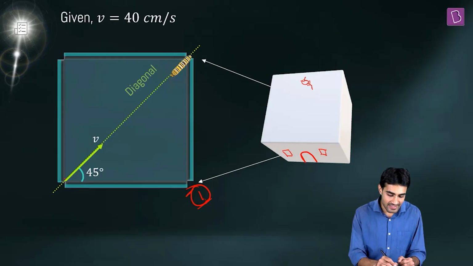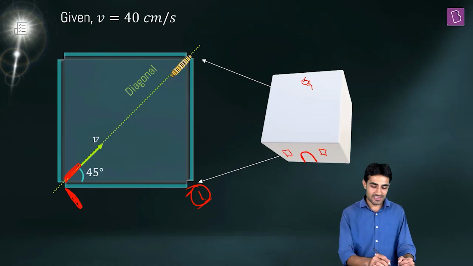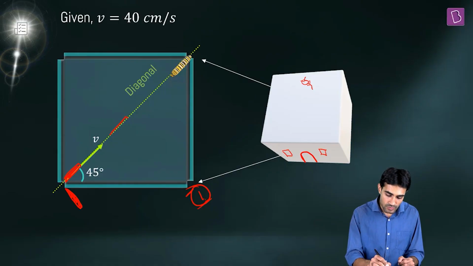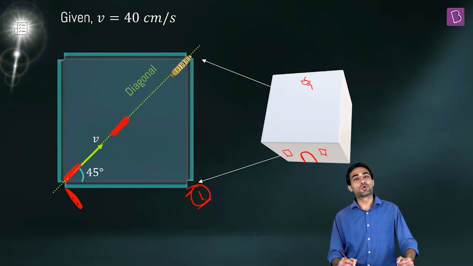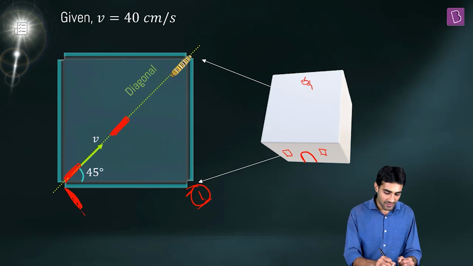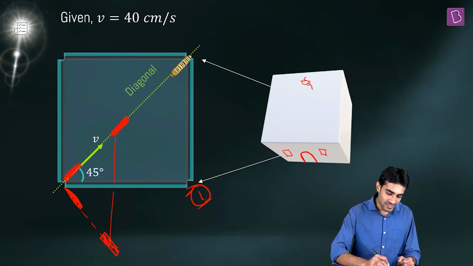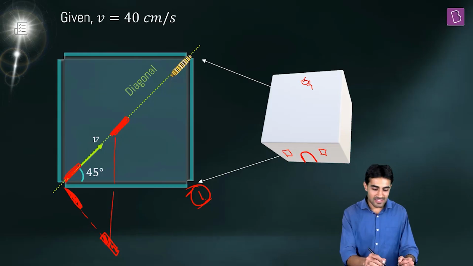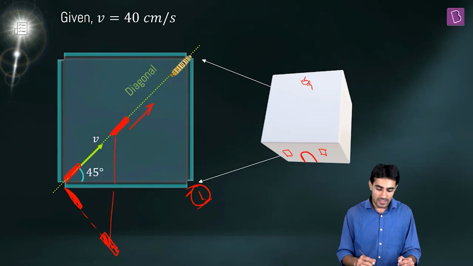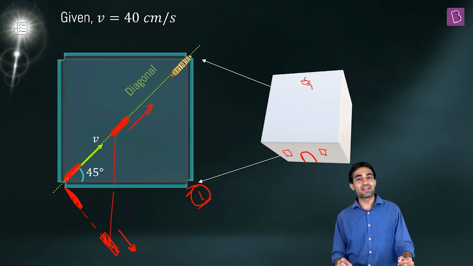Now you will say when the insect started, the image of the insect due to this mirror was over here. Okay. Now let's say the insect moves to somewhere over here. This is the new location of the insect. What is the new location of the image? You will say, well, we can imagine this might be the new location of the image. Okay, you are correct. This is the new location of the image. Now as the insect moves, the image also moves, right?